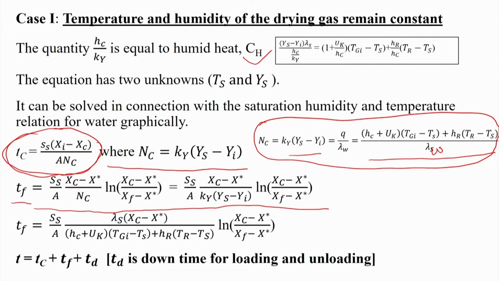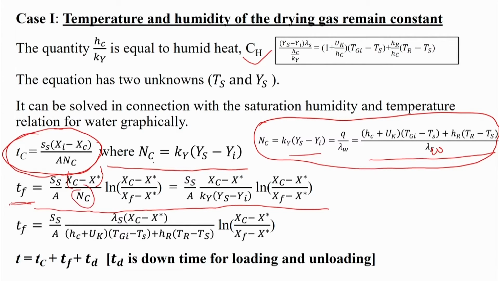What we will be doing? So, this one, S_s by A into (x_c minus x star) by N_c into ln of (x_c minus x star) by (x_m minus x star), that is nothing but just by manipulating this one, because in the falling rate period we already discussed this. In the falling rate period, the first point is the last point of the constant drying period. So, there we can get this N_c,